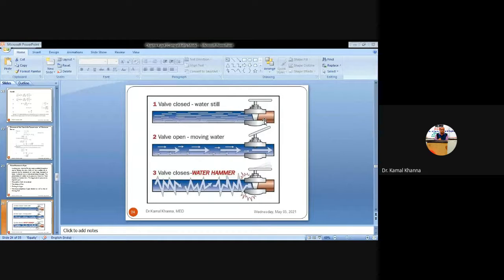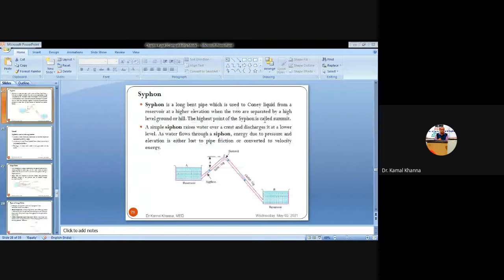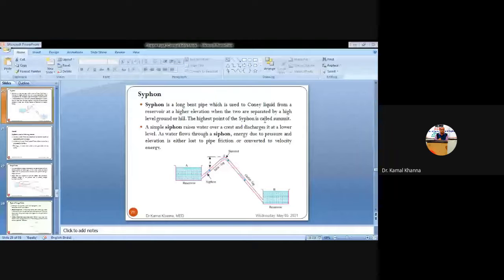Next is the siphon. So you can see there are two reservoirs or two beakers to which a siphon is connected. That long bent pipe that you can see is connected at one end to the reservoir and the other end is connected to the second reservoir. You can see this is a long bent pipe which is being used to transport the water from one end to the other end, but it has some very important advantage in transporting the water from one reservoir